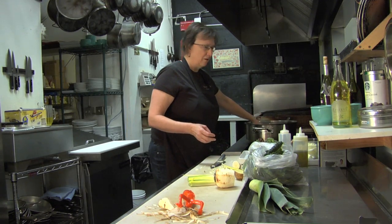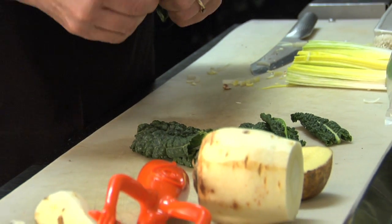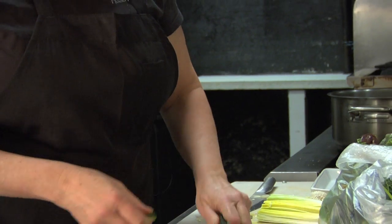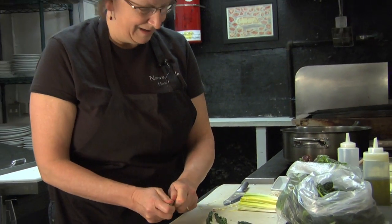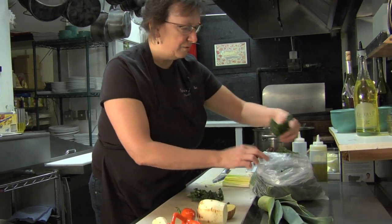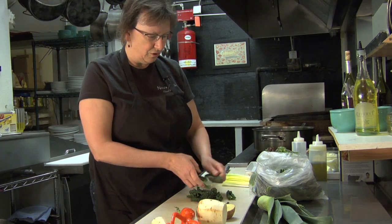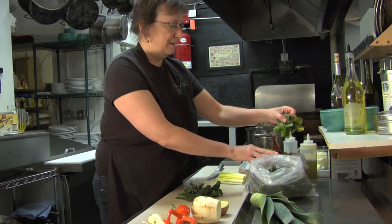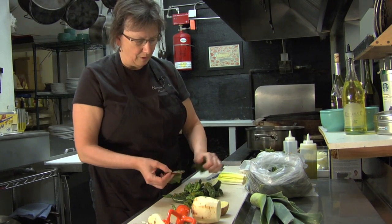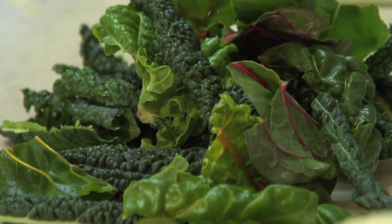And while they're sauteing slowly here, let's take some of this lacinato kale, and you can pull them off of the stems if you don't want the stems there. Some of the stems on the smaller leaves are really tender, and you can just go with them like they are. And we're going to use some of these, and we're going to use some of the chard, the rainbow chard. Such pretty colors in the wintertime, don't you think? And these guys are also so tender and young that I'm going to leave most of the stems with them and only pull the stems out of the larger leaves that might not be